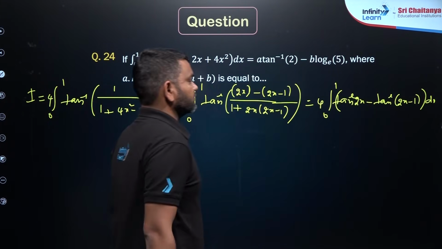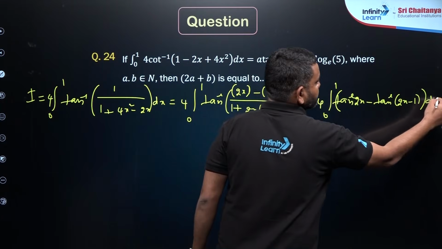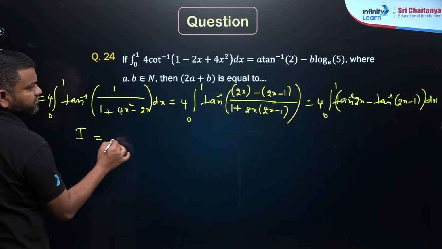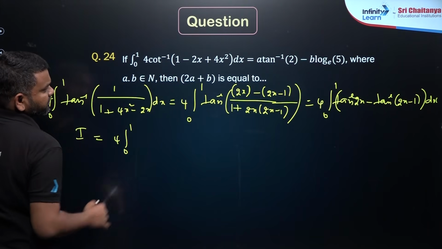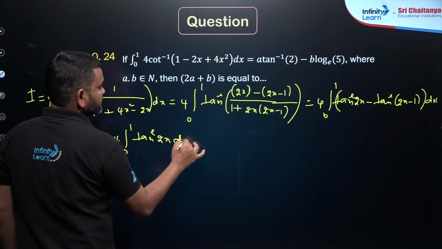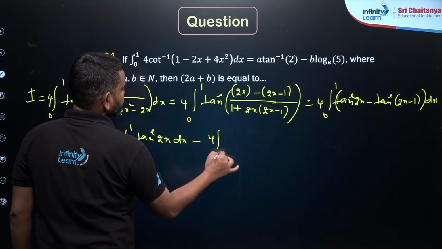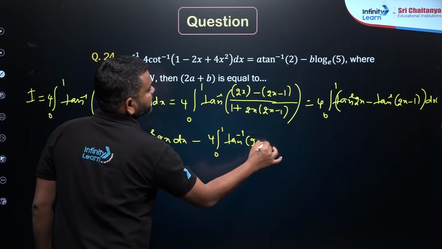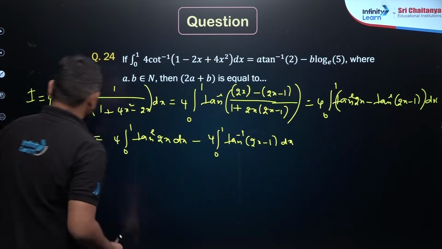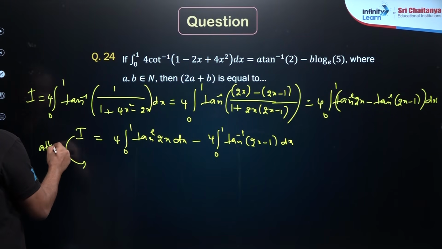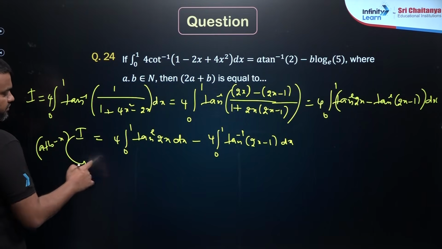So here I will write it in this way: 4 times 0 to 1 tan inverse of 2x dx minus 4 times 0 to 1 tan inverse of 2x minus 1 dx. Now if I apply the a plus b minus x rule, we are going to get